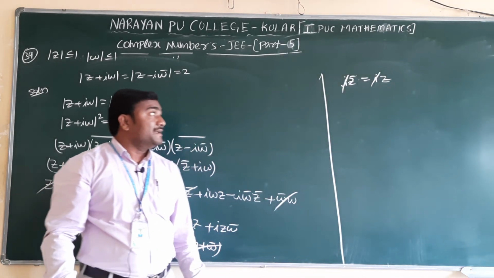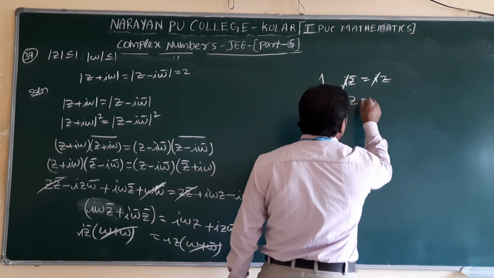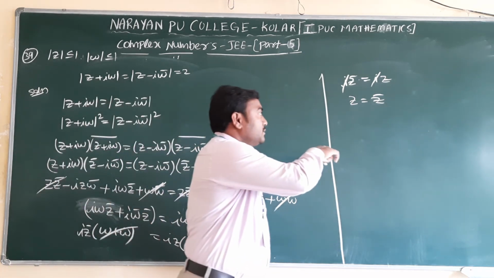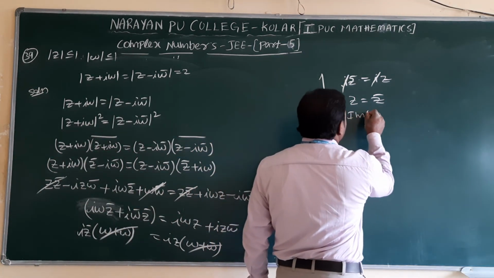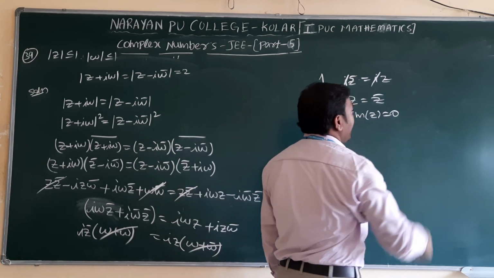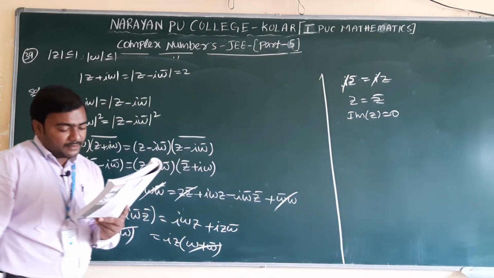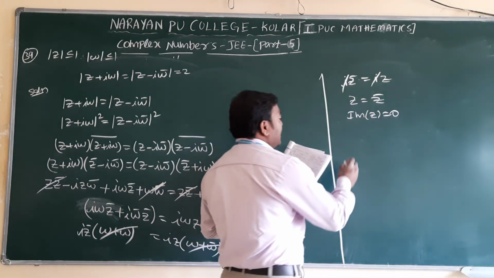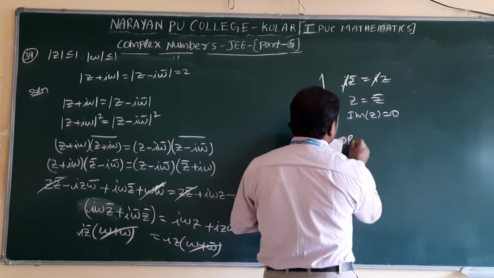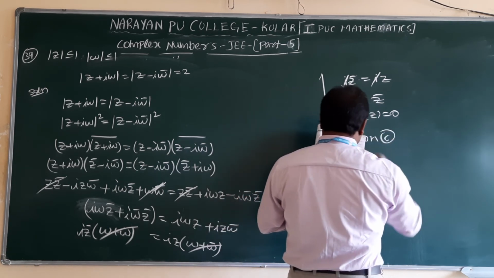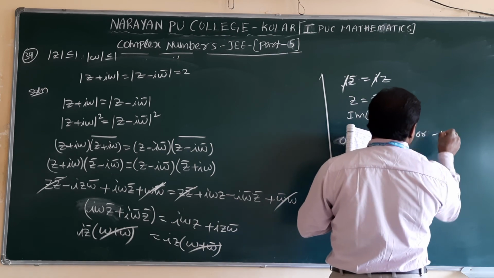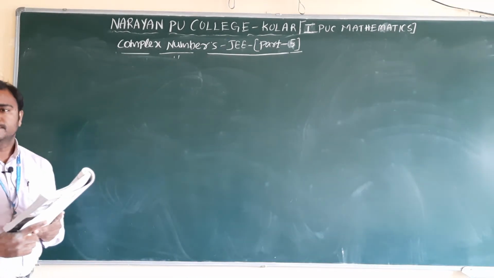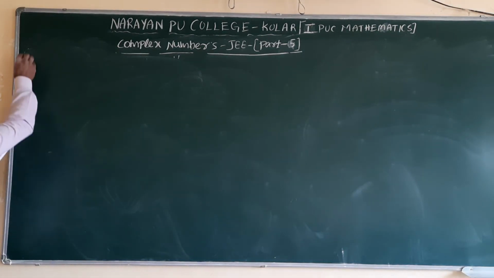So already we know that the condition, if z is equal to z bar, then here we are getting only real parts. So the imaginary part of z is equal to 0, we only have to get real part. Check in the options, only the real part should be option C. The option C is the correct option. Next question, question number 40.